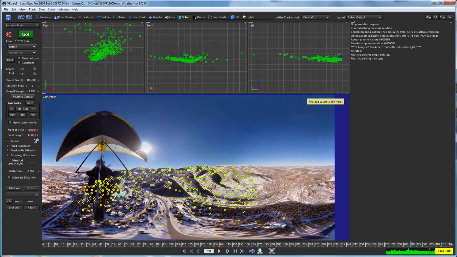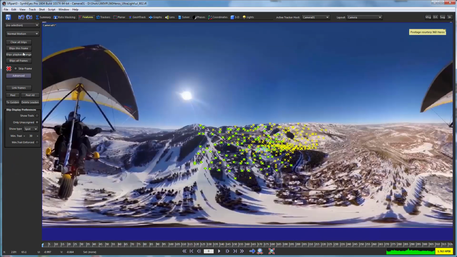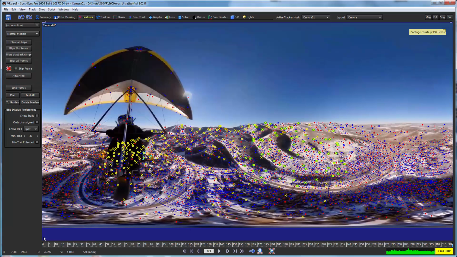So we want to have trackers better distributed throughout the entire environment. And that's what we'll be doing here using a tool in SynthEyes called AddManyTrackers. So, as you can see, there's nothing going on over here. And we'll start out by doing what amounts to a first portion of an auto track,